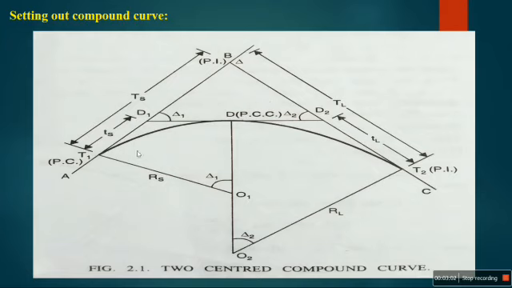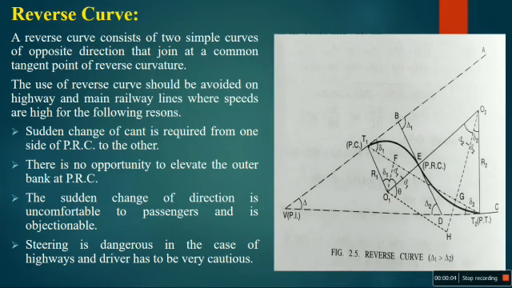Then what will happen? This T1 D line will be extended here. After that, loosen the upper clamp, then turn your telescope horizontally. That angle is delta 1 by 2. Then the telescope will be exactly over the D1 D2 line. After finding this exactly over D1 and D2, again by using the tangential angles, we can easily set up the second curve. This is the setting out of a compound curve.